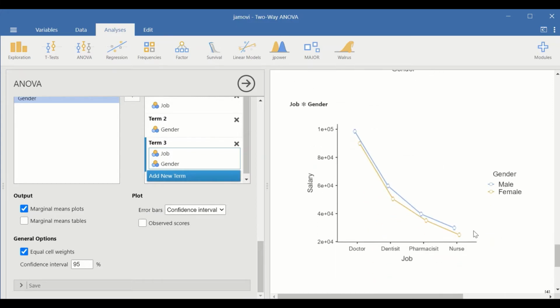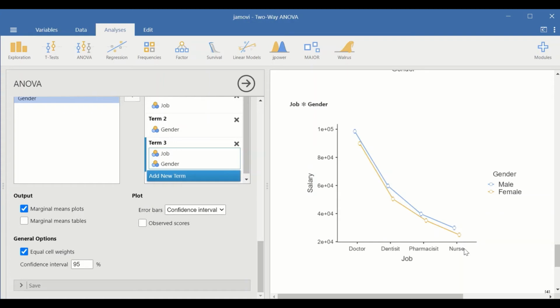The last plot is the interaction between those 2 factors, job and gender, and as we can see here there is a higher mean value for males compared to females, for doctors, and for nurses the same thing, higher